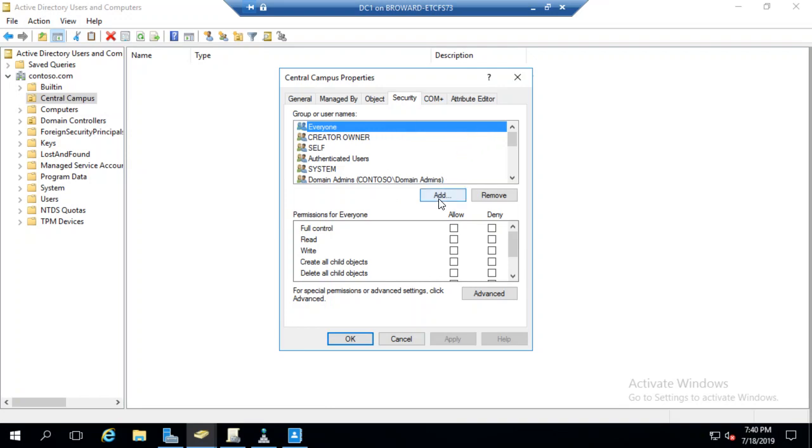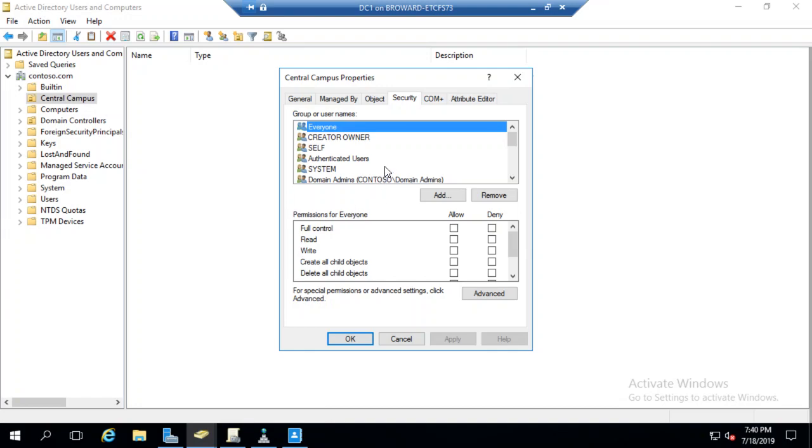Guys, if I add a user and give them full control, it doesn't really give them full control, and I don't understand why. So I'm not going to do it this method. In the old way, this is the way we did it. But they have this new wizard. If you don't use it, and